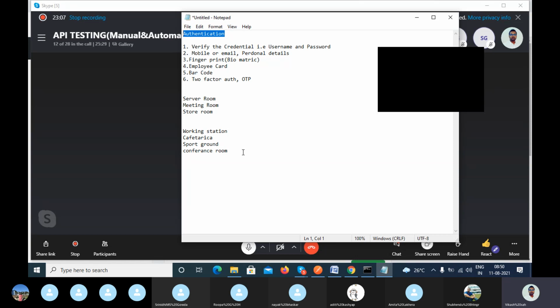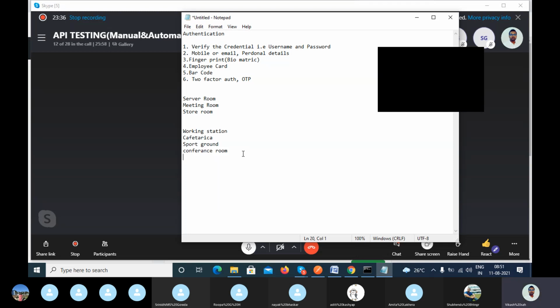But for the visitor, can he go to the workstation, cafeterias, sport place, and the conference room? Can he or she go there? No, because that visitor card doesn't have the access to this particular place.